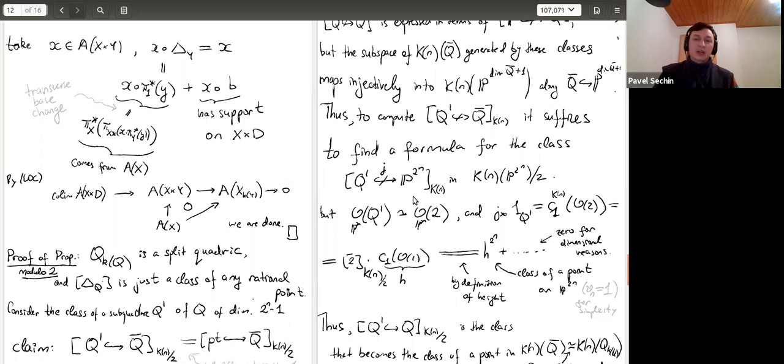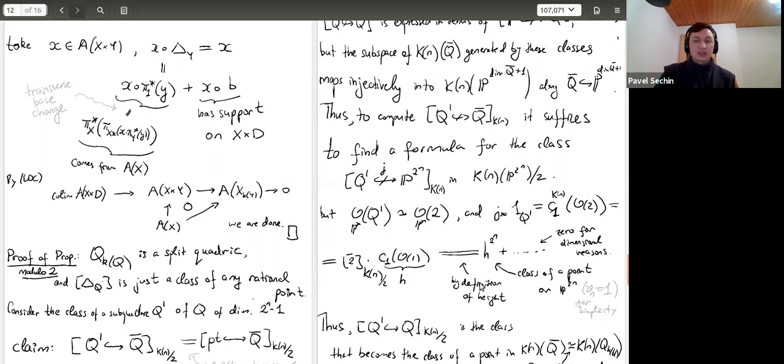And in this case, the line bundle is O(2). And the first Chern class of O(2), which is O(1) tensor 2, is, by definition of the formal group law, summing twice the first Chern class of O(1). And the first Chern class of O(1) is the class of a codimension 1 linear subspace in P^(2^n). And by our choice of Morava K-theory,